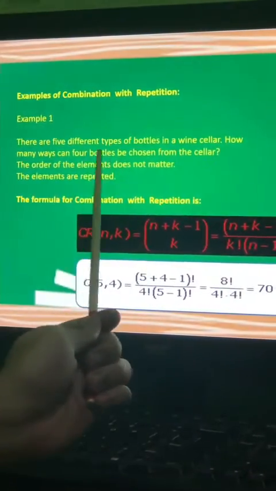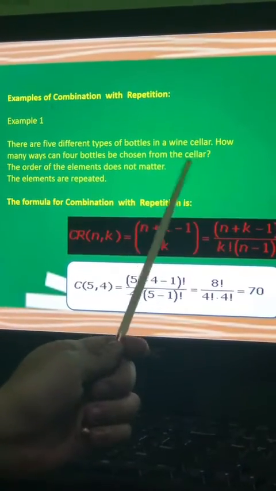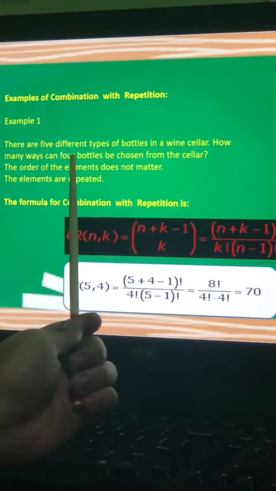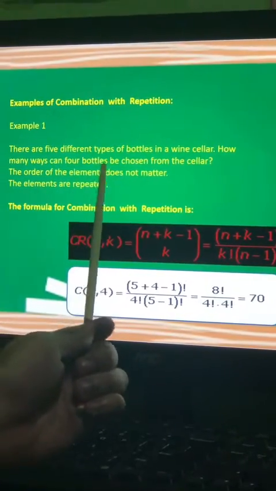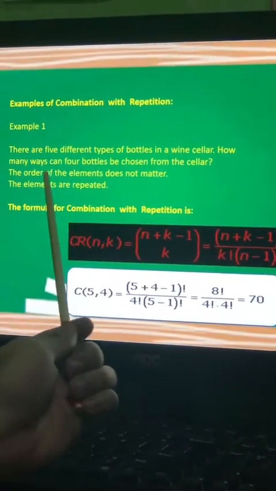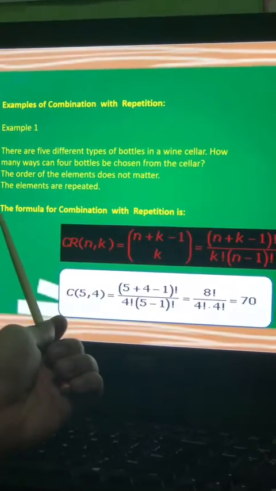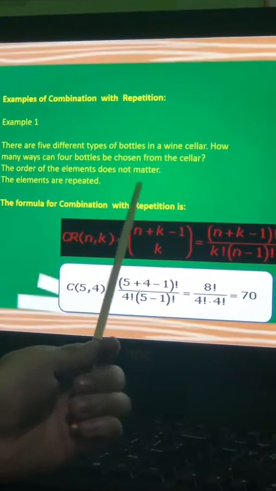There are 5 different types of bottles in a wine cellar. How many ways can 4 bottles be chosen from the cellar? The order of the elements does not matter, but the elements are repeated. The formula for a combination with repetition is